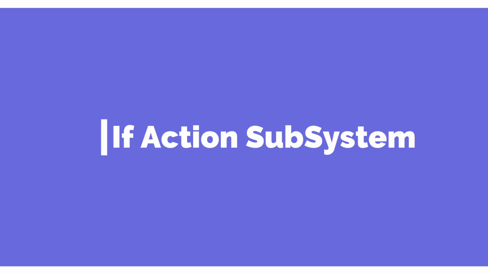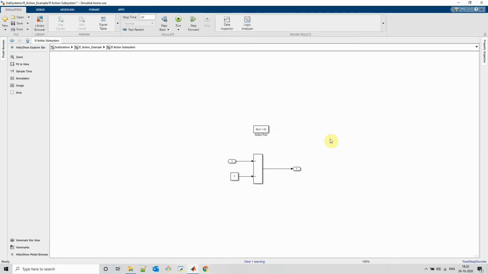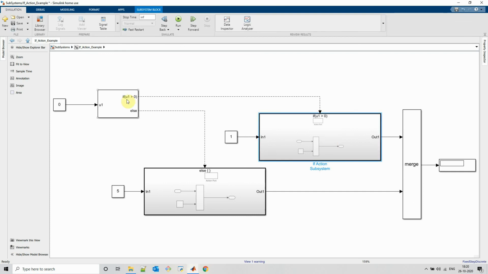Next type of subsystem is if action subsystem. So action port of each of these subsystems is connected to output of if block. So if first condition is satisfied, then the logic inside this subsystem will execute, otherwise the second subsystem will execute.